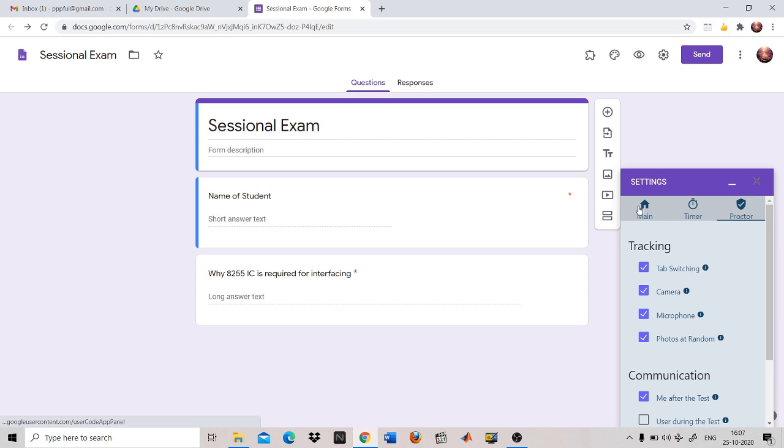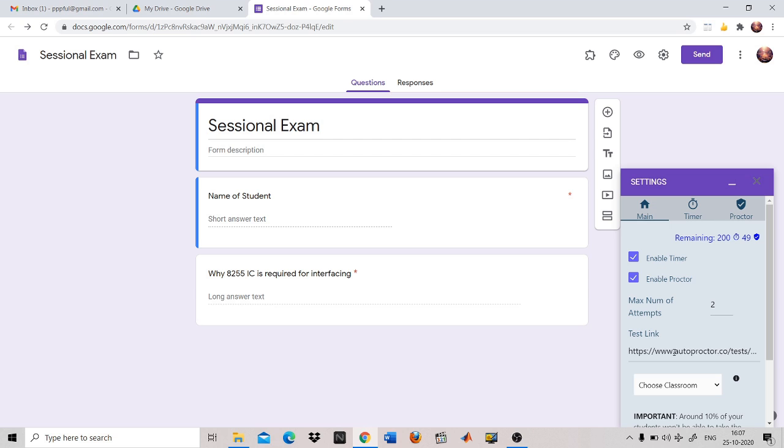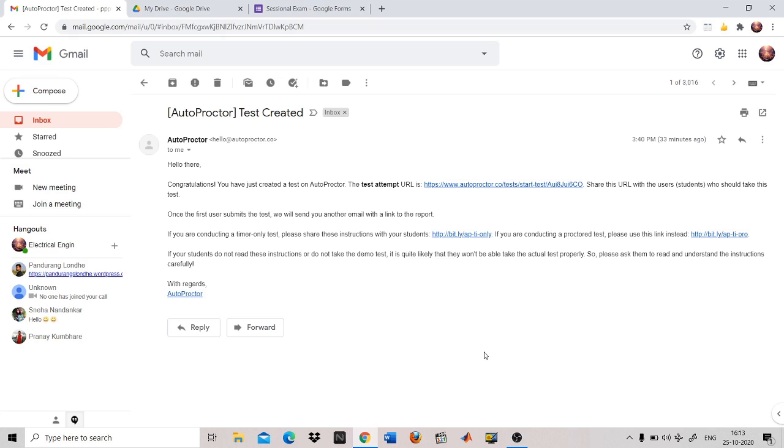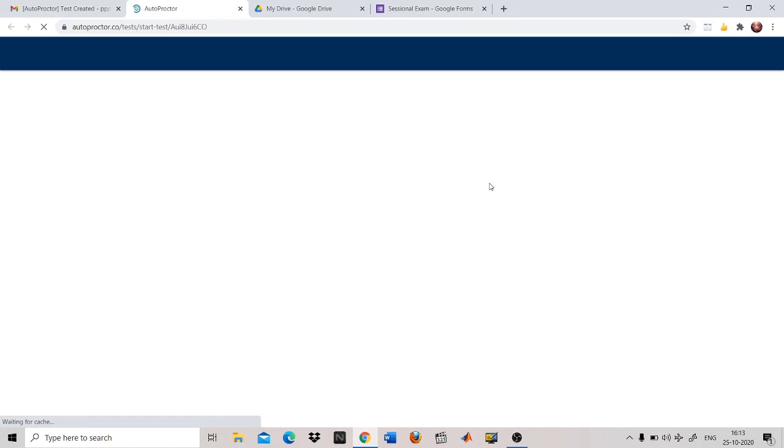After setting up an exam, you will have to copy this link. So I'm copying this link, and you will have to share it with your test taker or the students. Now I'm all set to appear for the exam. I have already created a link and shared it with the student or the test taker. Now I will click on this link to appear for the examination.